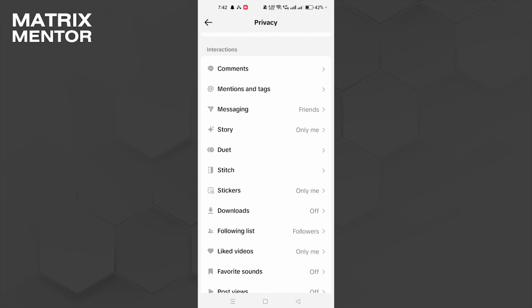Now if you see on my post option, if you see on my repost option, just tap on that and set your repost public. And you can see I do not have repost option here because it's not available in